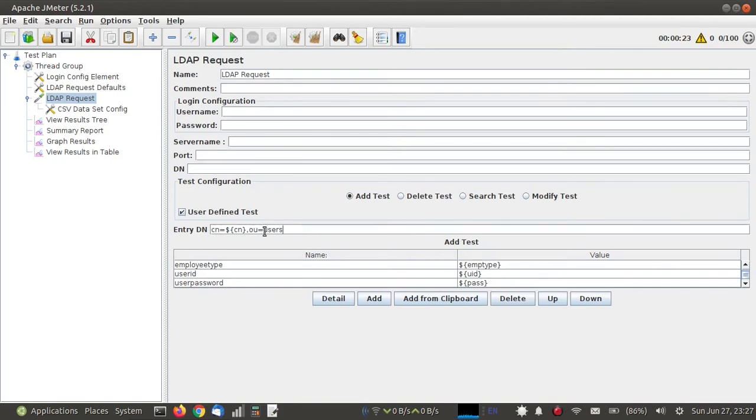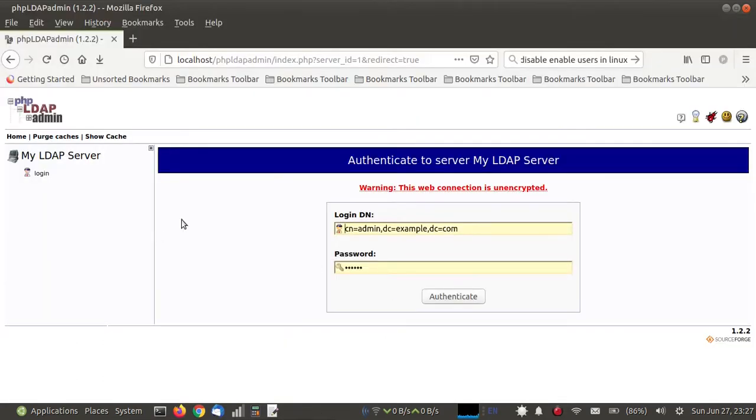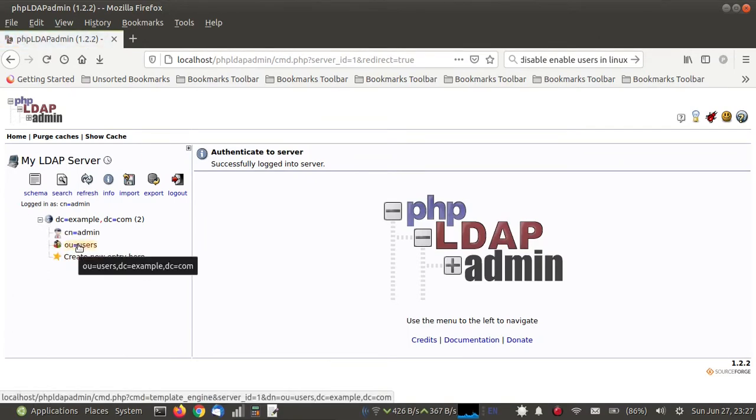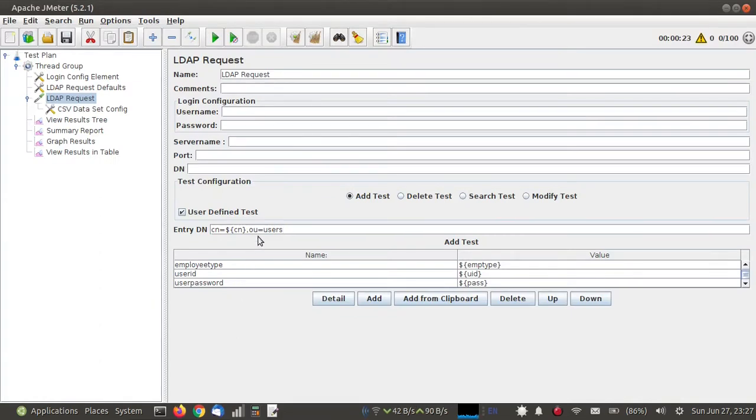Well, CN is unique for each record, and OU is the organizational unit. Its name is users. This is my LDAP admin client, and I am going to log into the LDAP server. Here is one organizational unit created. Its name is users. So I want all 100 users to be added in this organizational unit. That's why I have provided the OU name users here,